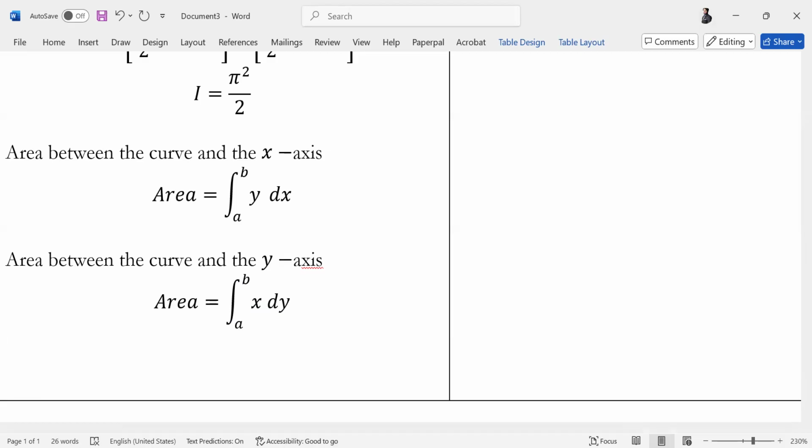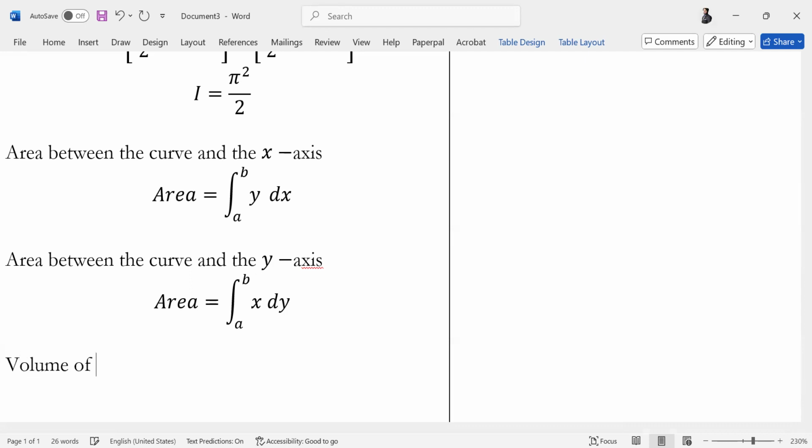Values of which variable? Yes, they are the upper and the lower limits, but values of which variable? नीचे वाले में y की. Isn't that right? So these are very obvious things that you people have already done, but now we need to focus on these things. इसी तरह if I would have asked you volume of rotation for